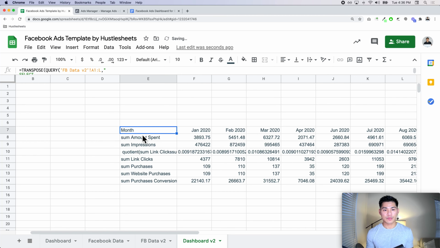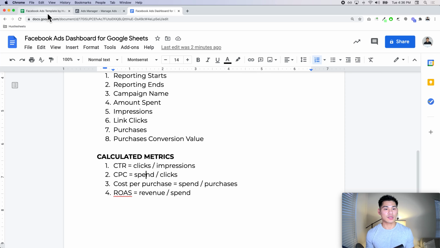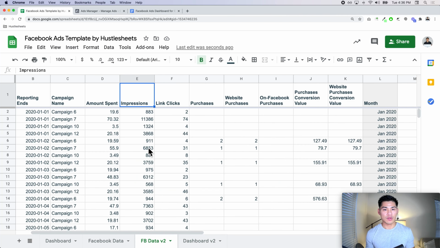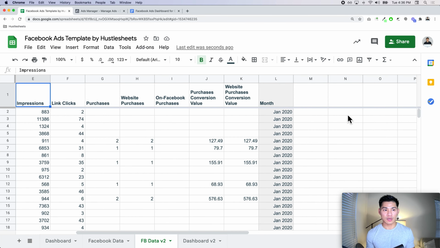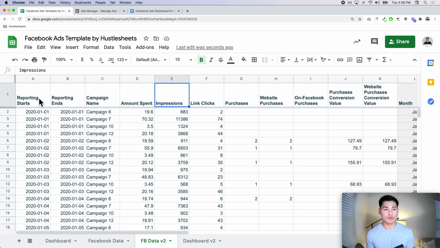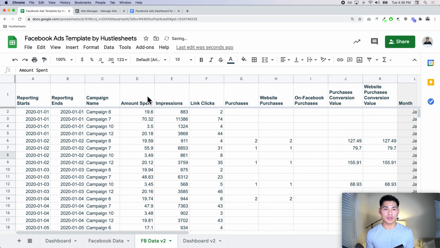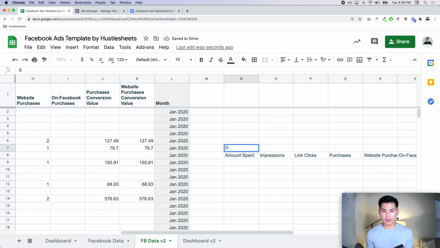The next thing we want now is spend versus clicks, cost per click. So the way we do that is, one thing I really like to do, which honestly helps a lot, is knowing which columns are which letters. So let's paste it here, and then this is D. So it goes D, E, F, G, H,